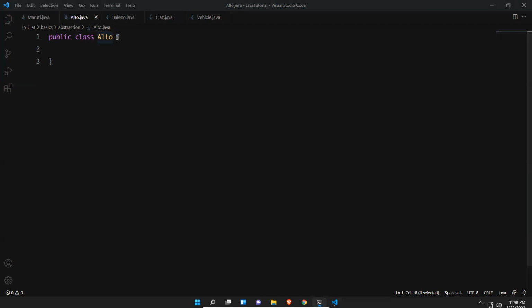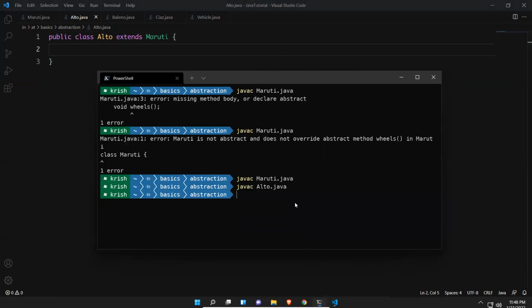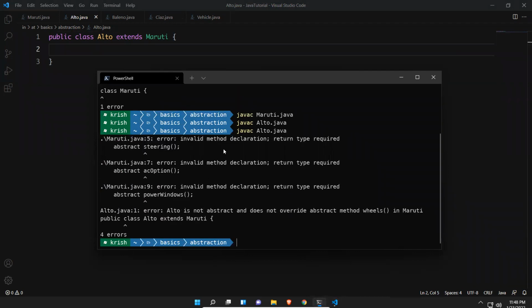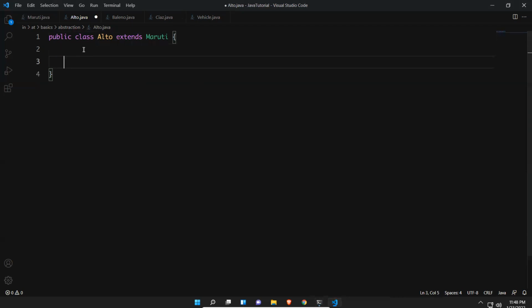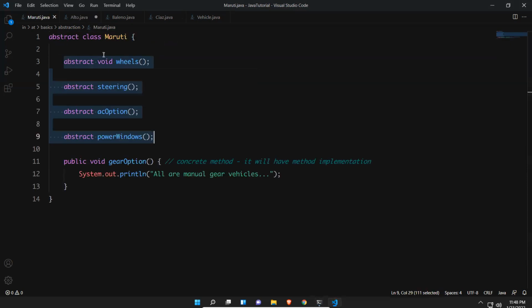But here, if I say extends Maruti, and Maruti is a normal concrete class, then you will not get any compile errors. But this is an abstract class. So if you try to compile now, it will show errors for steering, AC option, power windows, all these things. So you have to implement those. How can you implement them? Public void